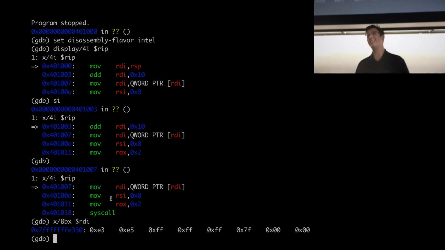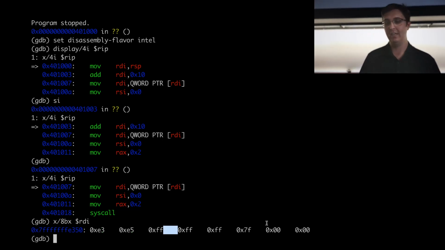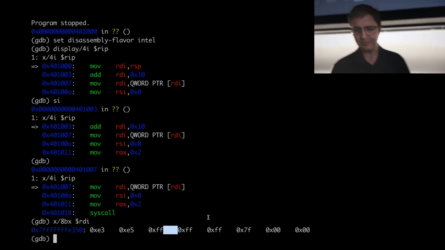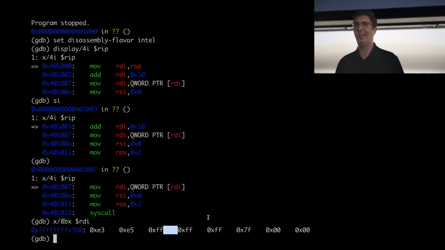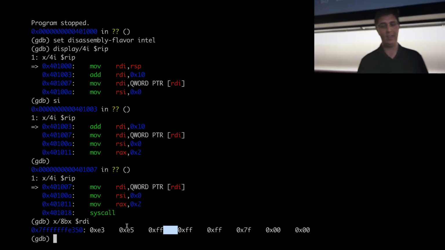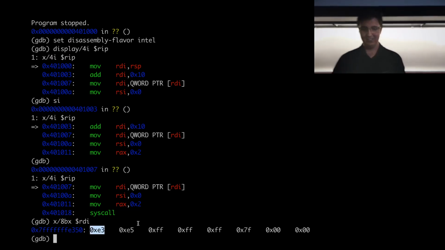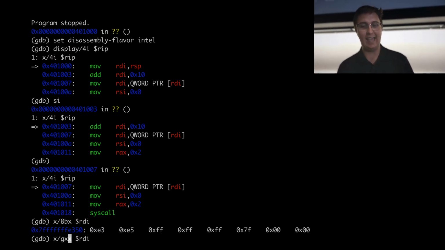And we'll see now it is not null bytes, right? It's this crazy E3, E5, FF, FF, FF, 7F, 00, 00. These are the 8 bytes at RDI. And this might look maybe in some ways worse to you than a bunch of null bytes. You're like, what the heck is E3 and E5? Don't panic. If we want to look at it a different way, we could print it as an